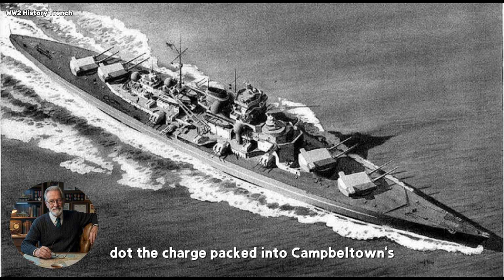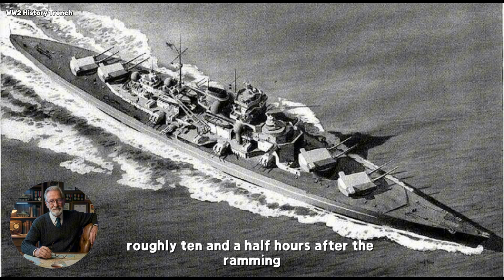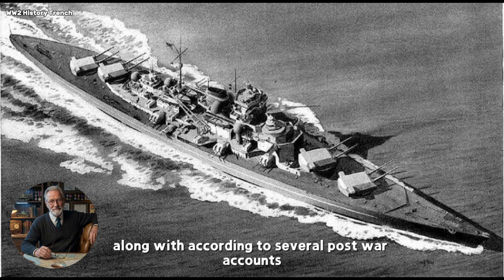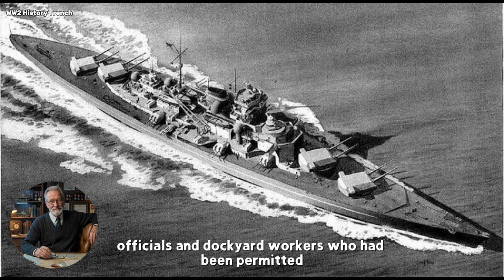The charge packed into Campbelltown's boat detonated at approximately noon on March 28, roughly 10.5 hours after the ramming, at a point in the day when the immediate crisis appeared, from the German perspective, to have entirely passed. German naval and military personnel, along with, according to several post-war accounts, a number of curious French civilian officials and dockyard workers who had been permitted